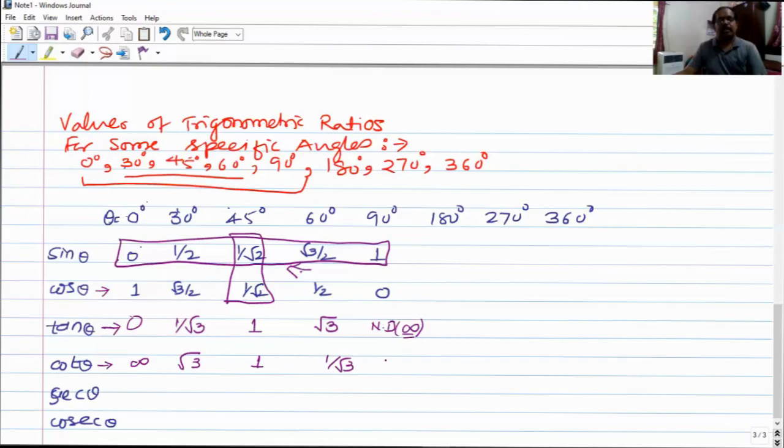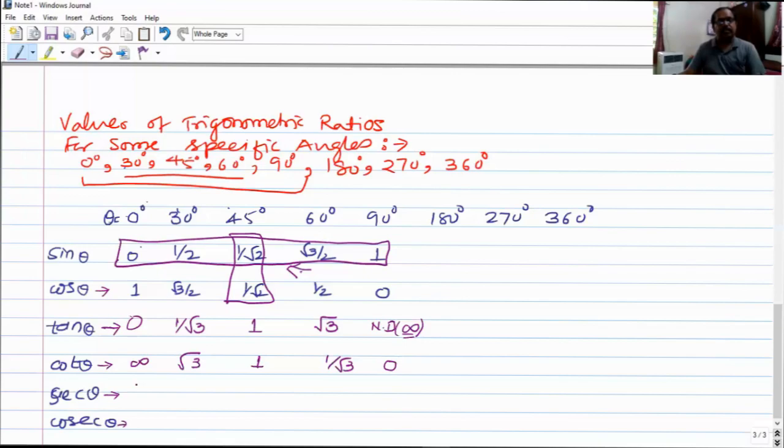As we know, cot theta is the ratio of cos to sine. Just from this value also we can get the value of cot theta. It is cos theta by sine theta. So 0 upon 1, and since 0 upon 1 is 0, I can write this as 0. Right? So in this way we can have the value of cot 90. Similarly, students, we can have the values of sec theta and cosec theta also.